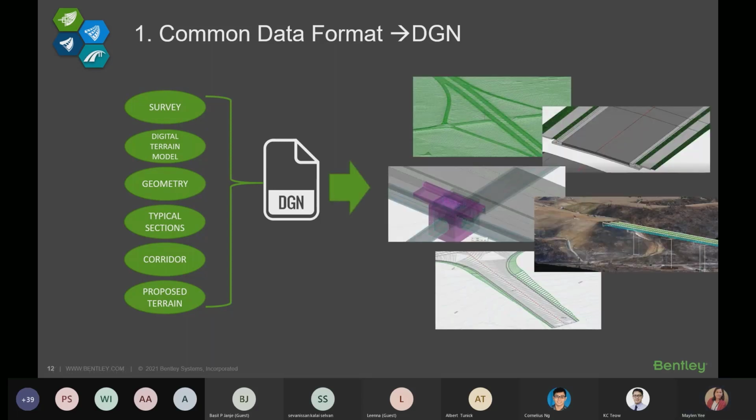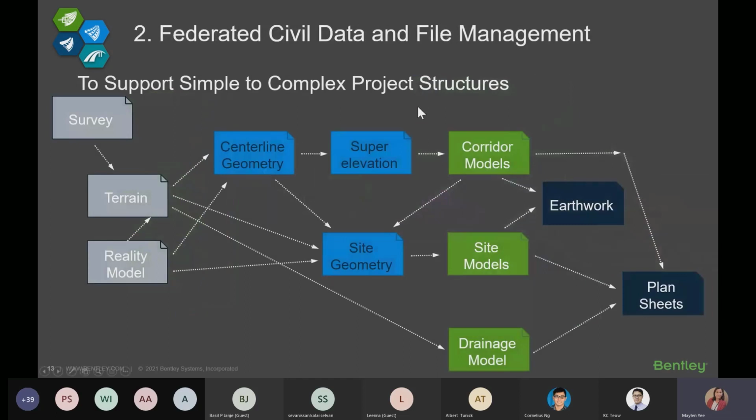Okay, so that's one point. Another point is, because of having a single data format, which is DGN, it's now easier for you to federate or manage all your civil data. Okay, so these boxes that you see represent, apart from the civil objects or the civil information, it also represents